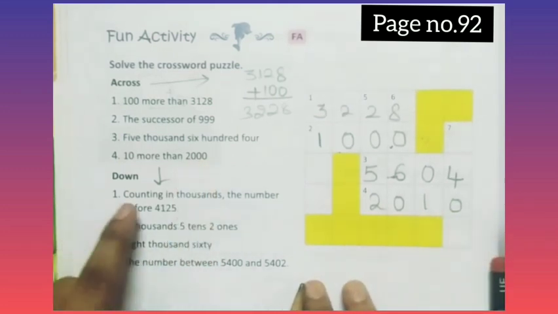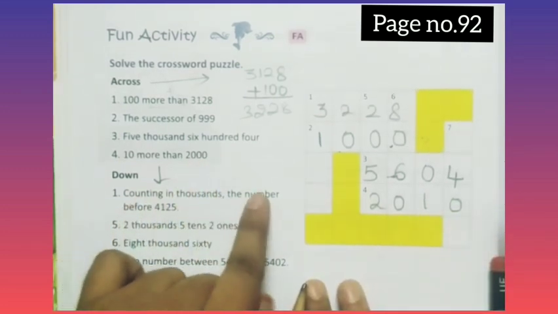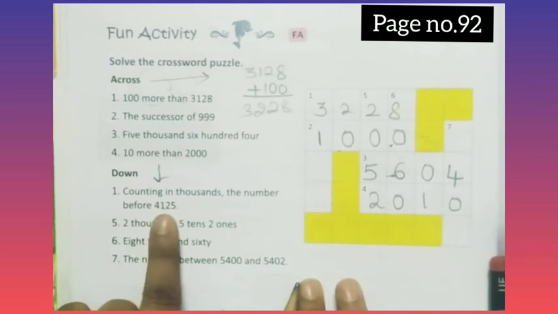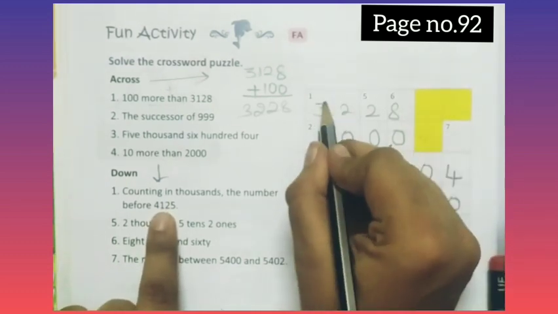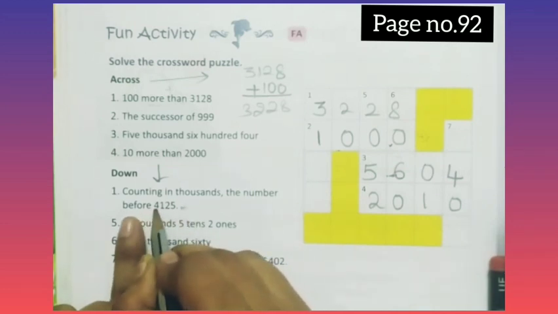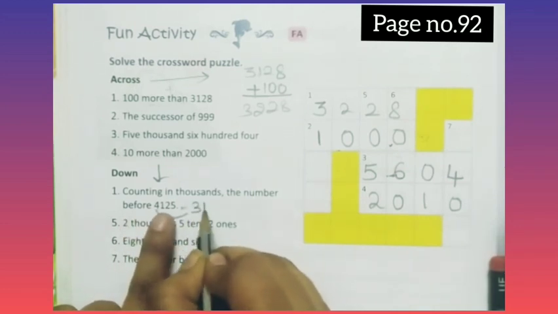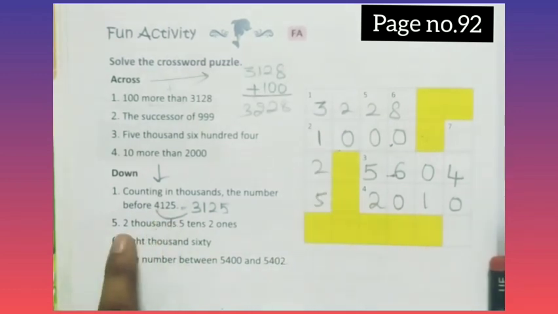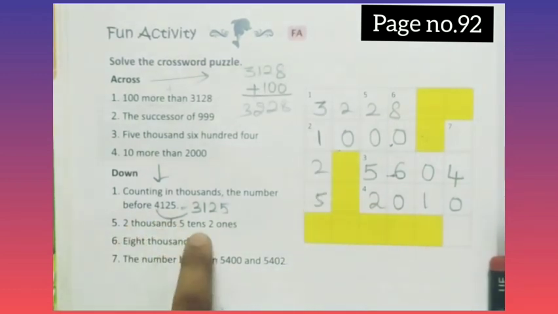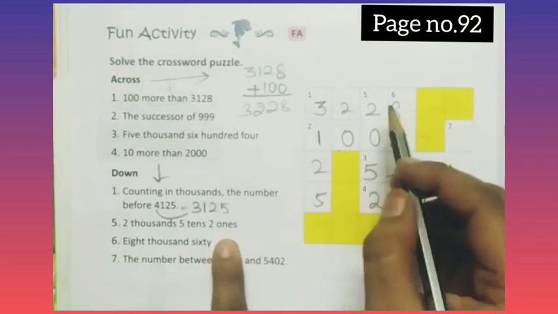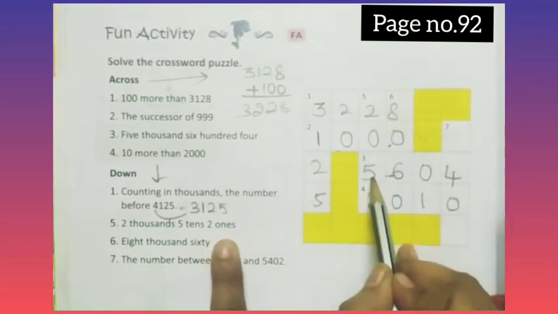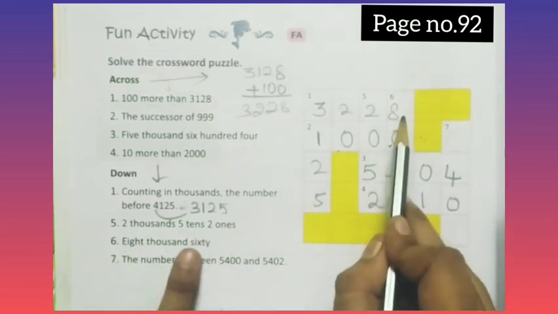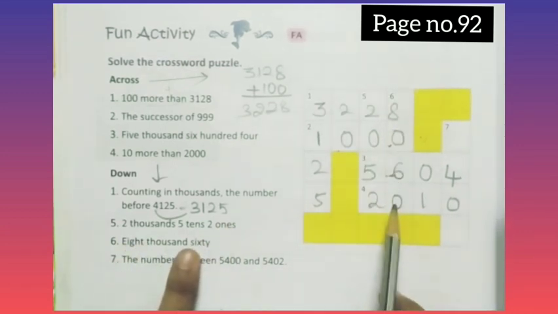2010. Next, counting in thousands, the number before 4125. So we'll get 3 before 4000. Which number do we get? 3000. So 3125. Next, 2000, 5 tens, 2 ones, already completed. 2000, 5 tens, 2 ones. 8060.